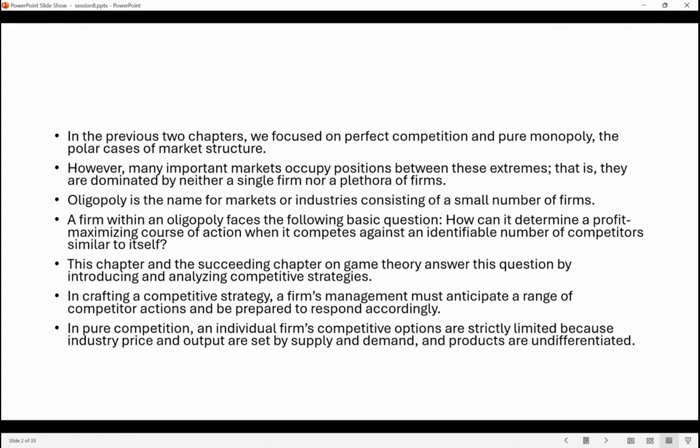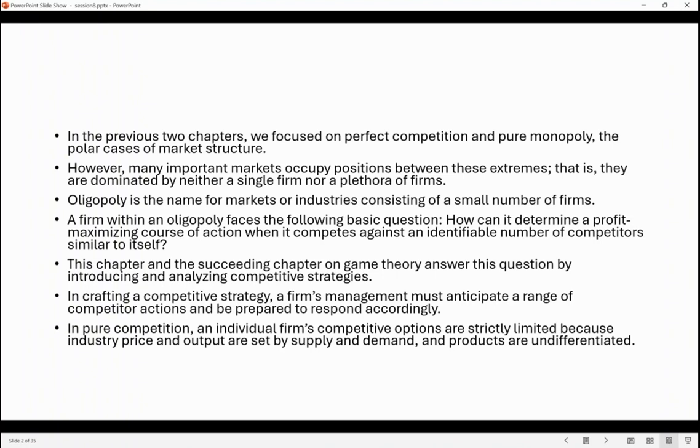That means you may not be able to find that many examples of either case in the real world. But somewhere in between, I mean, between monopoly and perfect competition, you can find so many examples in the real world. It's going to be close to real world market structure. And these examples are called oligopoly, right? So oligopoly is another form of market structure which is located between monopoly and perfect competition, right?